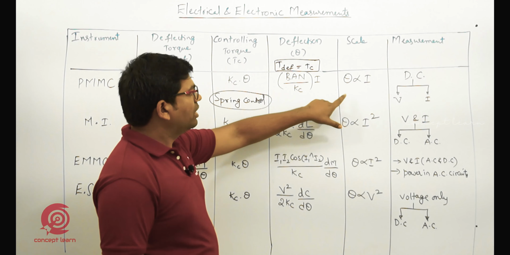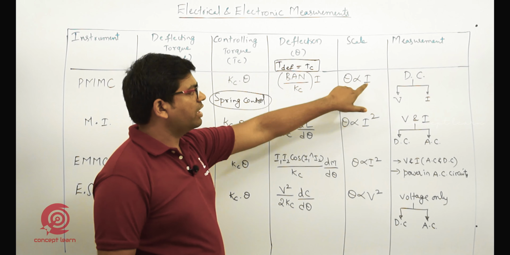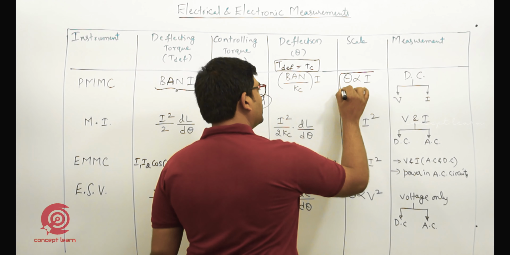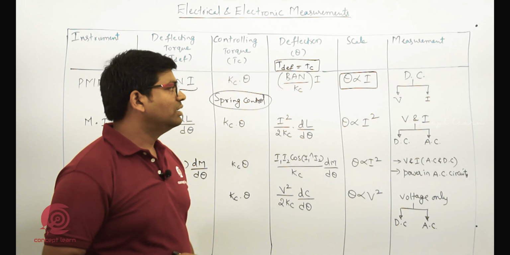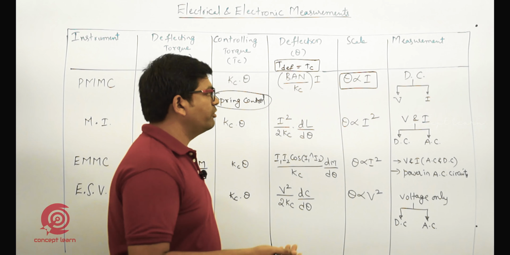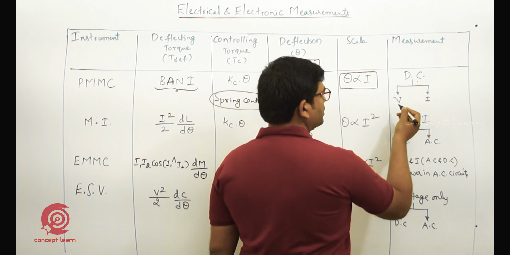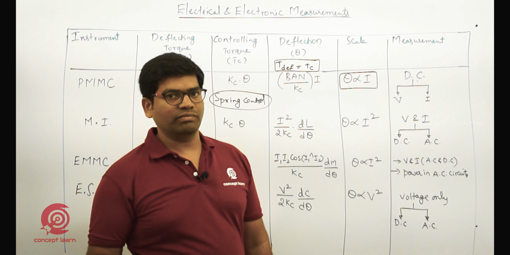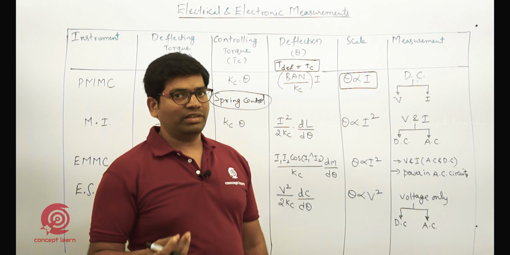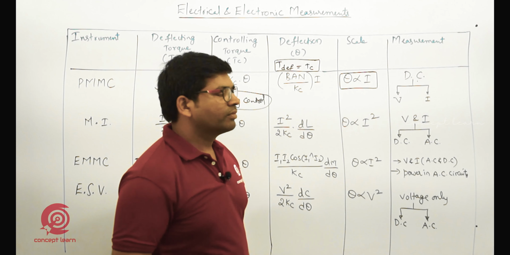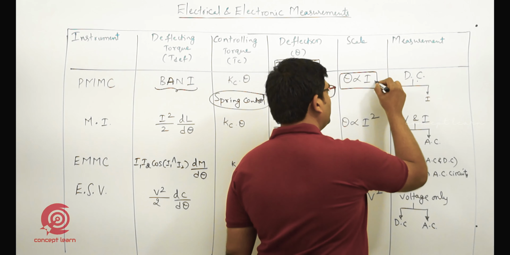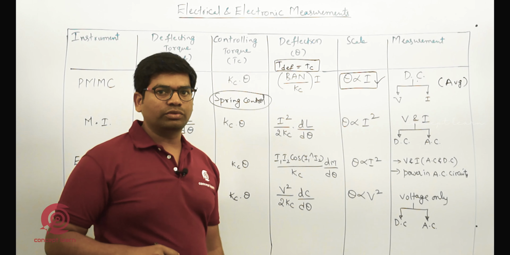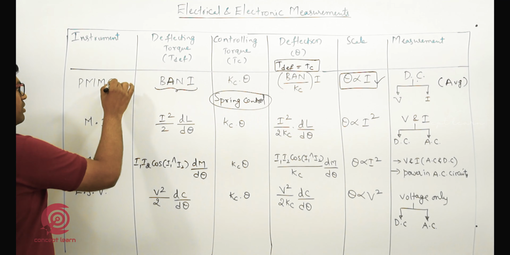So for a particular instrument all these are constant. When you observe the relation between the input and output, that is deflection and the input, which is the current flowing through the moving coil, theta is proportional to I, so the scale is linear. Linear scale means it gives only DC quantity, but you can measure both voltage as well as current. But whether it gives RMS or average value? Since it is DC and the scale is linear, it will give only the average value. So it will not give any response to RMS quantity.